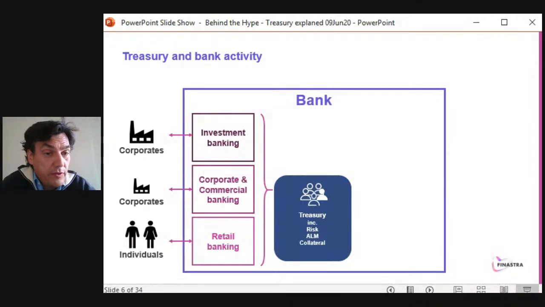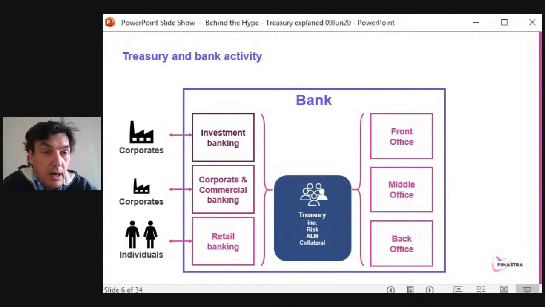But when you have the aggregation of all the cash flows coming from those three parts of the bank, what happens? The Treasury is made of different small parts. Those small parts are split between what we call the front office, the middle office, and the back office. Front office is where you find the sales and the traders. The back office is where everything is processed, so it's the operations side of it, and the middle office has much more the control of everything that happens.